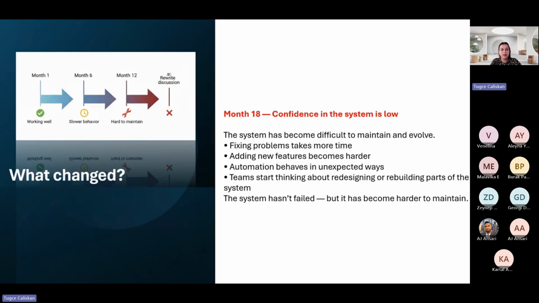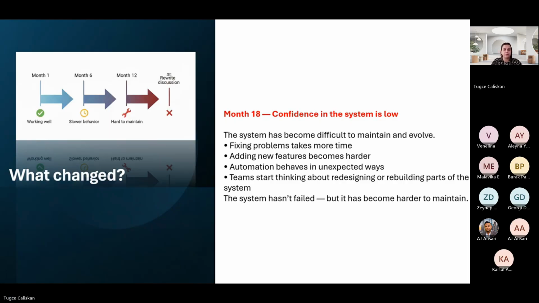Our system is working partially or fully, or at least in the main focus. But because the architecture didn't scale with the system growth, we now have to think whether we should build this project from scratch or at least some portion again, because the way we built it is not scaling enough.